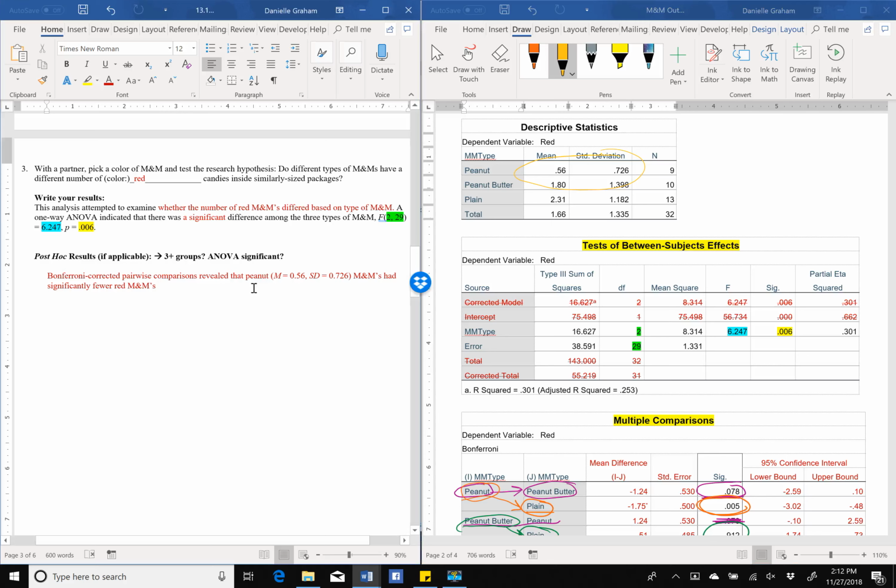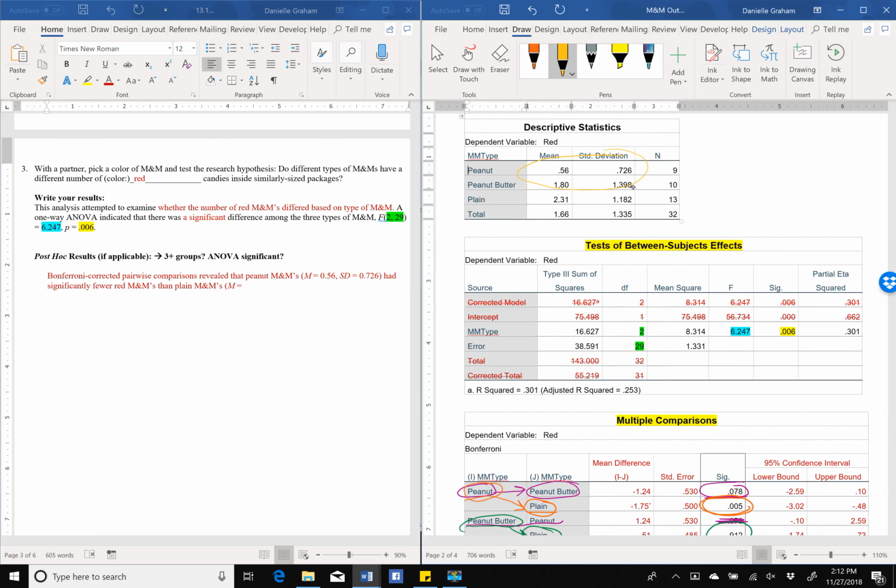Had significantly fewer red M&Ms than plain M&Ms. Here, let me move this M&Ms to the other side, just so they go together. Peanut M&Ms. Okay. And once again, we want to put our mean, this time for plain M&Ms, equals 2.31, standard deviation equals 1.182,